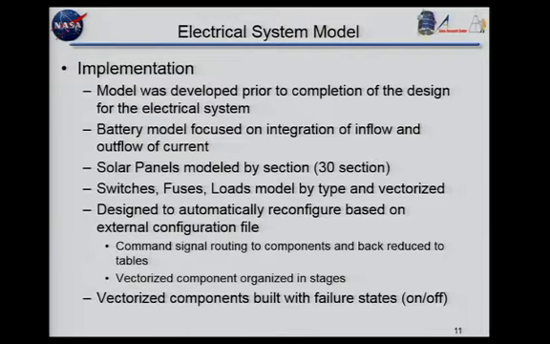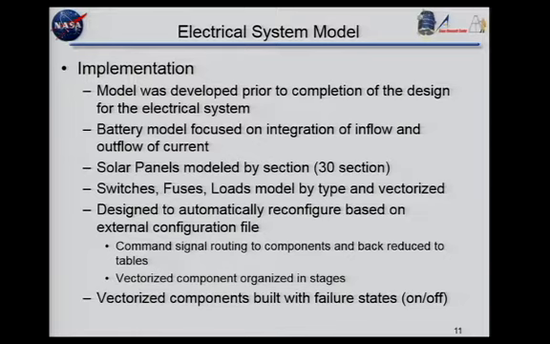In a simplification, we figured the battery itself we could take to the bare minimum of an integrator, if you will, of charge coming in and charge going out, with some consideration in terms of what kind of path that charge was taking in terms of efficiencies. For the solar panels, we looked at all the panels individually within the spacecraft. There are 32 surfaces, but only 30 were actually populated with solar panels. Two were actually instruments.